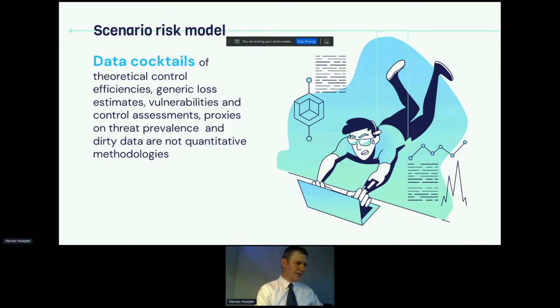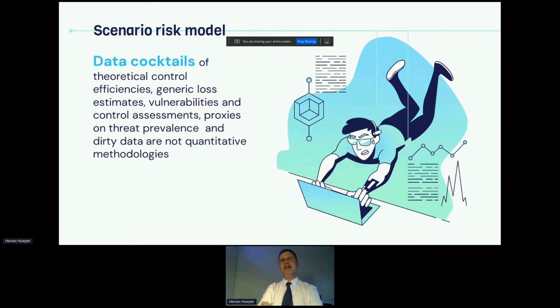We have plenty of methodologies trying to assess cybersecurity risks. Many of them are a combination of control efficiencies combined with losses and historical losses for each threat vector.